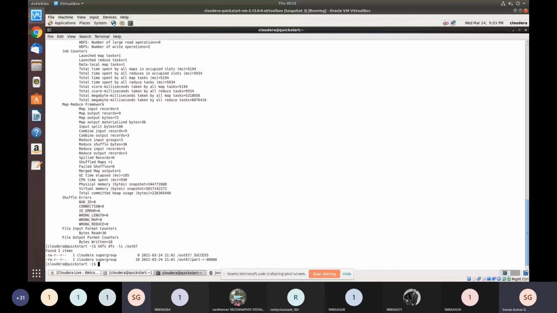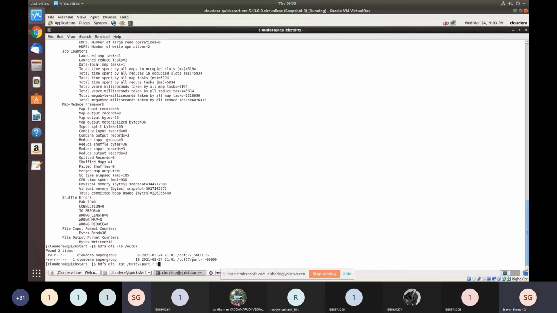So I want to see that file now. How can I see it? hdfs dfs. Why hdfs dfs? Because that file is in the Hadoop file system. Now what is the command to view the file? cat. Now what is the path? out67 slash part-r followed by 1, 2, 3, 4, 5 zeros.